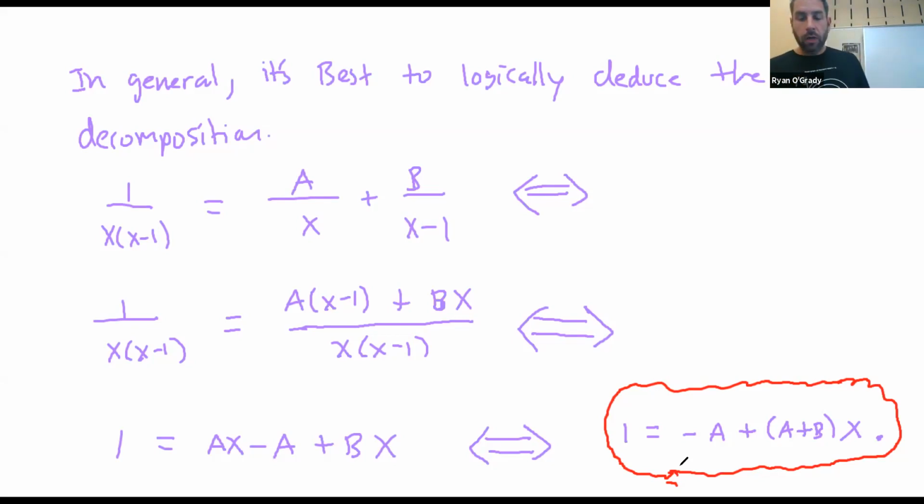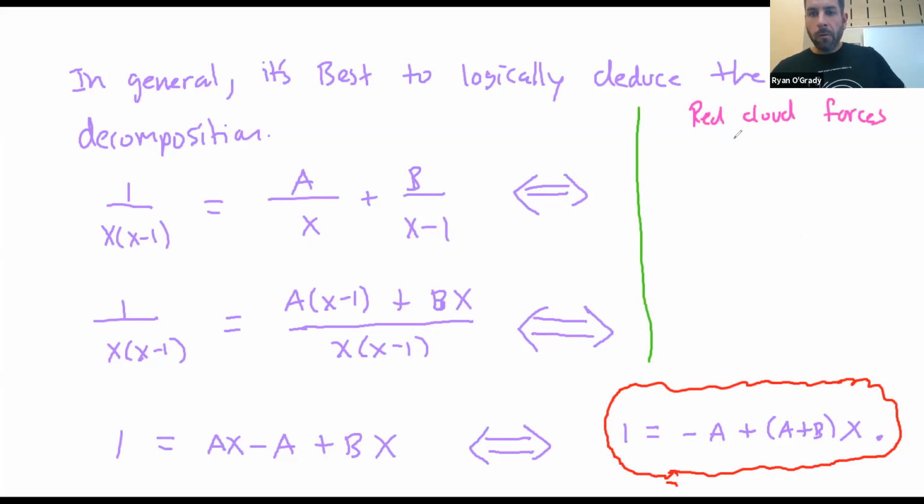So what I'd like to do is draw some sort of line to make sure we understand that my reasoning is happening here. What do I mean to logically deduce? Well, what I've just logically deduced is the following. The red cloud forces a plus b to be 0. And it also forces a